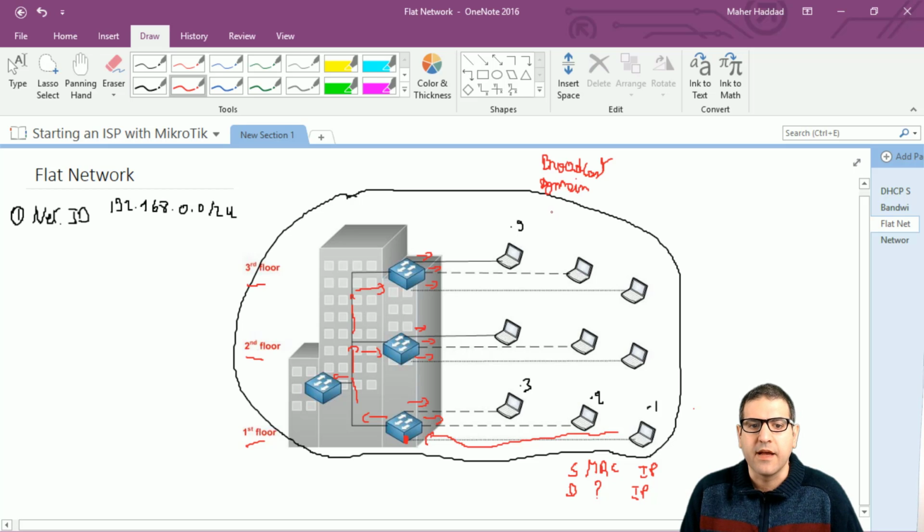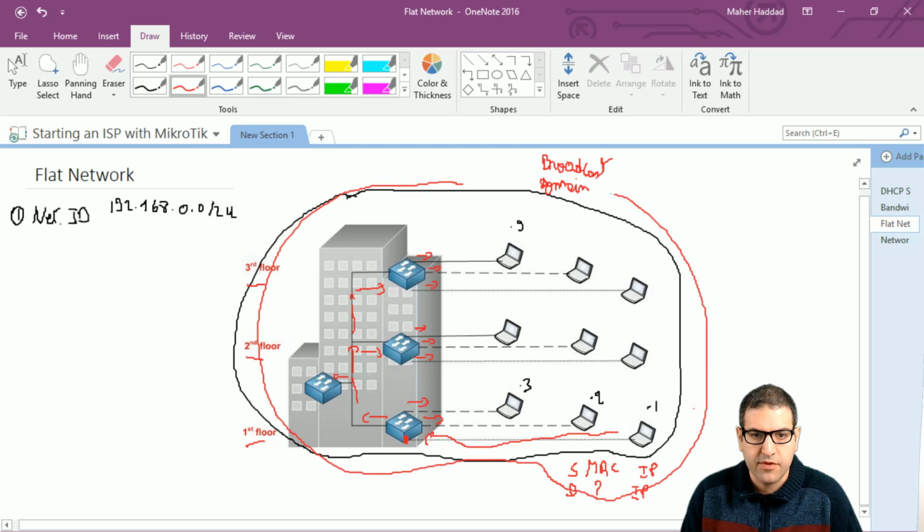That means that the broadcast is sent to everyone in the network. So it's one domain. Okay, so you can see this is one broadcast domain. So the whole network here is one broadcast domain. So this is one problem of the flat network